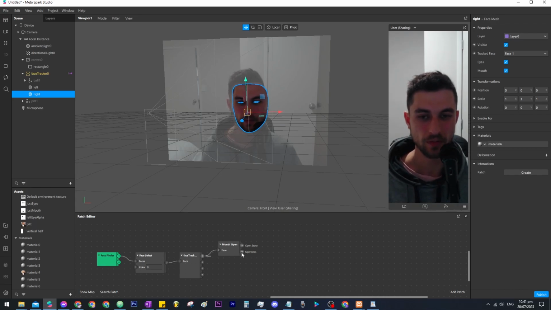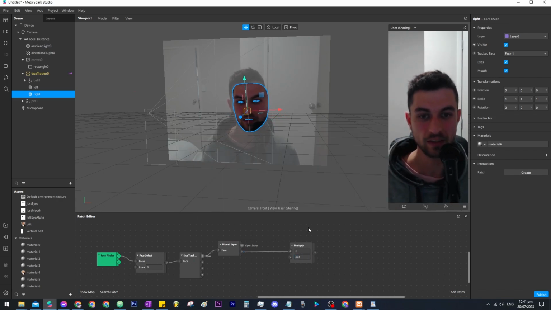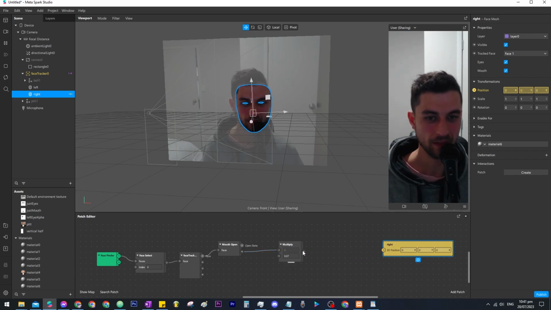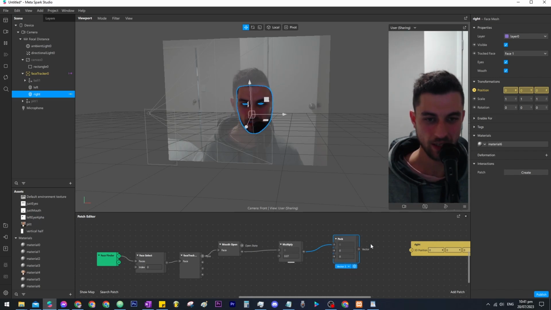So what we do, openness, drag it to multiply by 0.07. And then this multiply, we want to link it to the position value of this mesh. When you click the right mesh, you'll see the position has a little arrow here. So click this. Because this is outputting only one number and we need 3 numbers, we have to drag this to a pack patch. So this would be X, Y, Z. This is correct, so the multiply will be on the X axis. And then we drag this to 3D position. So now when I open my mouth,